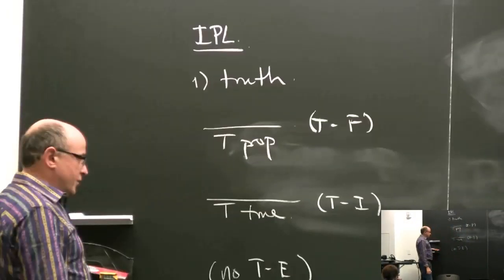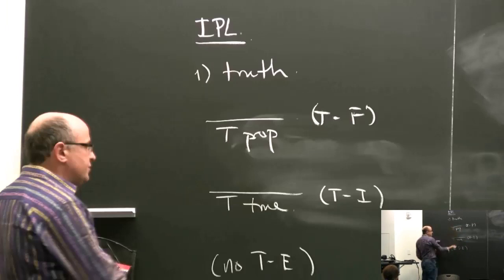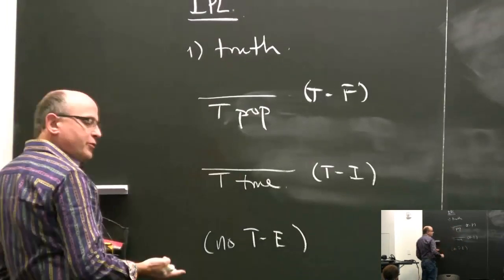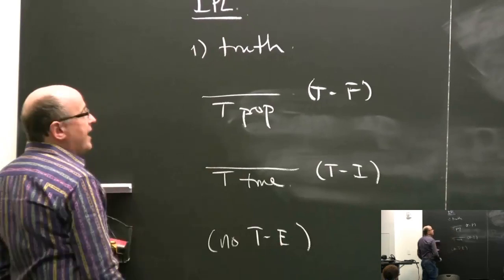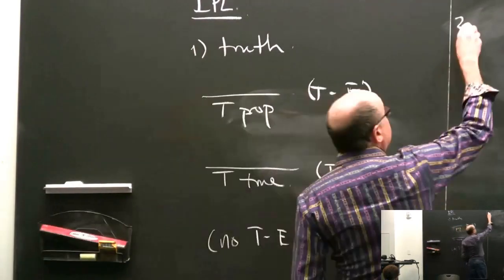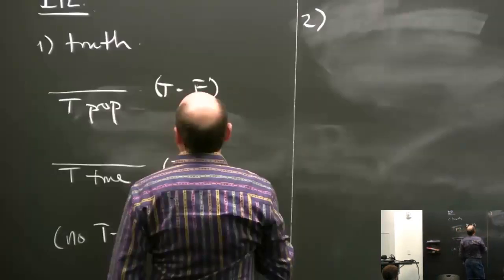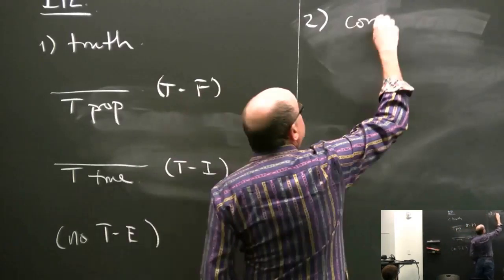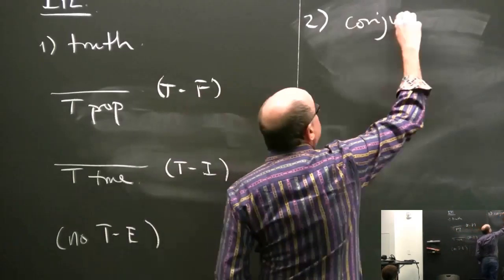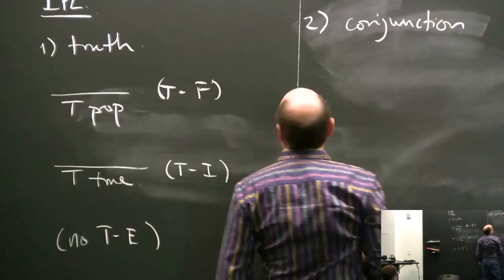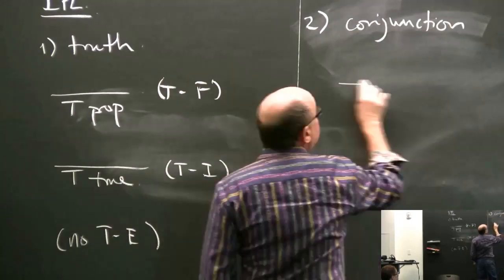So we wrote down some rules like this, and I was illustrating the principle of conservation of proof, or Gentzen's inversion principle. And so because nothing went into the truth of true, then nothing can come back out of it. So that's the idea. So there's no elimination rule. So that would be truth. And then we did conjunction. The three connectives I'm doing are particularly well behaved.